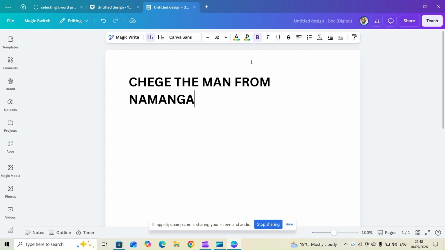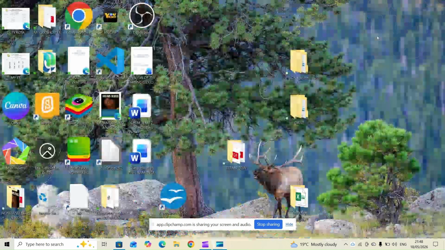So that is how you can create Word. You can create a document using Canva Docs for free. Of course, this app is available and compatible on each and every operating system. So we shall close it, and let us now go to look at